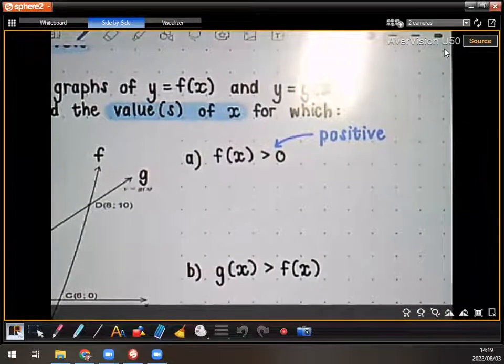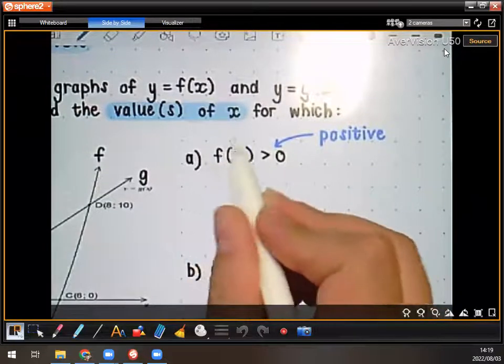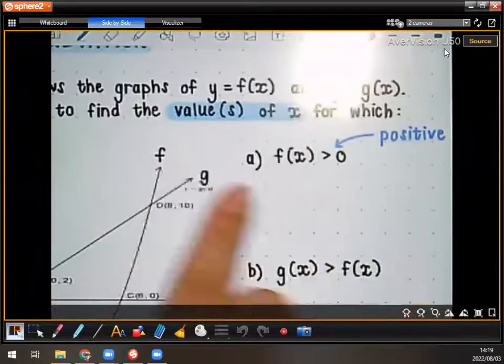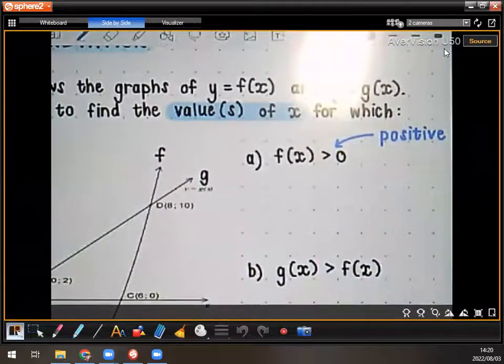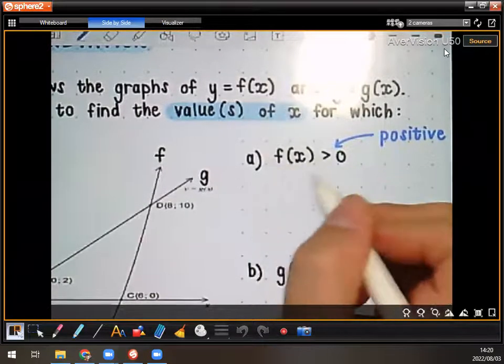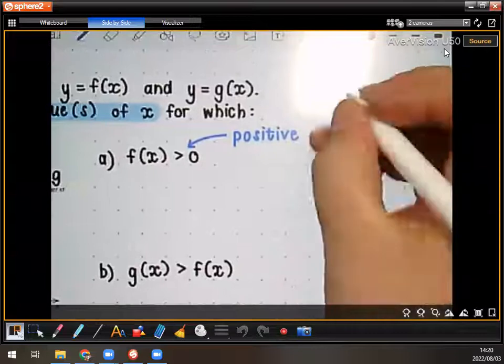But the fact that they use f of x is important for two reasons. First, it's telling us which graph to look at. Okay, f is which graph? The parabola. So to answer this question, we need to look at the parabola. Okay, but also what is f of x? What can I replace f of x with? f of x actually means y. Alright, so they're asking us